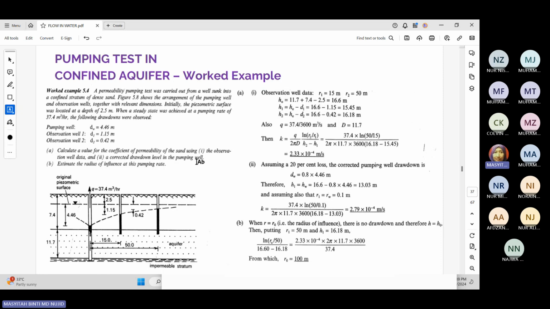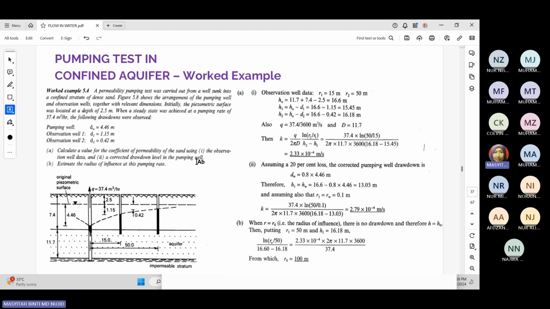So, ada dua kerja lah untuk yang A ni. Boleh calculate macam biasa. Yang ketiga, kita assume adanya kehilangan semasa testing carry out at the site. So, kita kena ambil 20% loss lah. So, maknanya kita kena buat some calculation, corrections lah, corrected calculations untuk initial answer yang kita dapat from the first